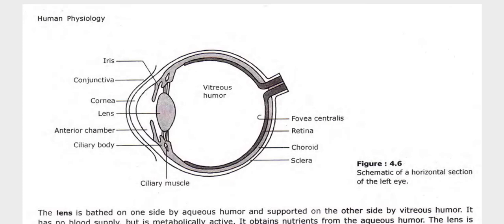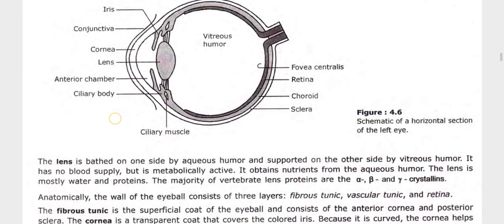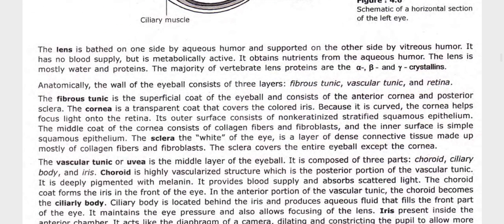Continuation of the chapter about the eye. So, iris, conjunctiva, cornea, lens, anterior chamber, ciliary body, ciliary muscle, vitreous humor, fovea centralis, retina, choroid, sclera, these are the major regions. So, the lens is bathed on one side by aqueous humor and supported on the other side